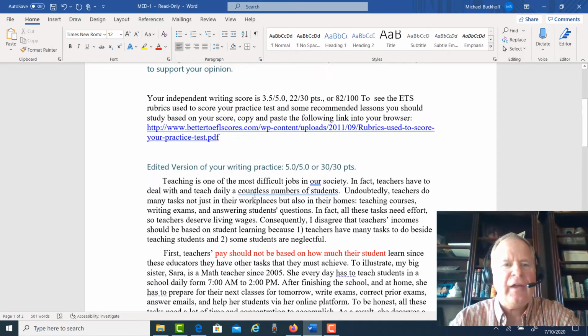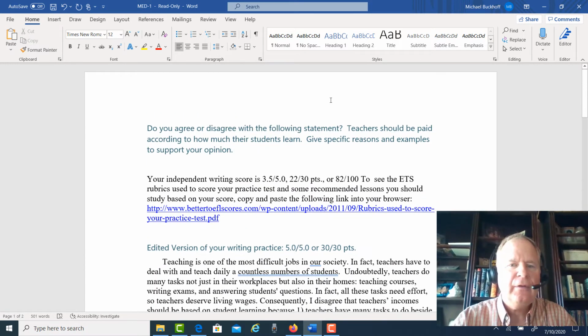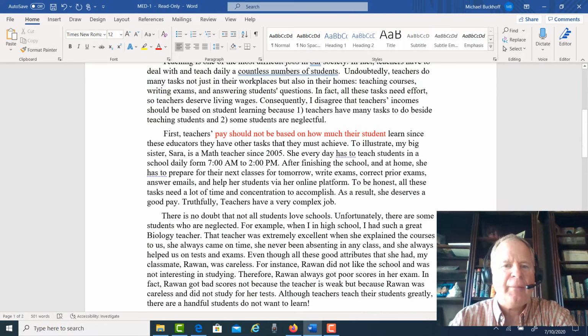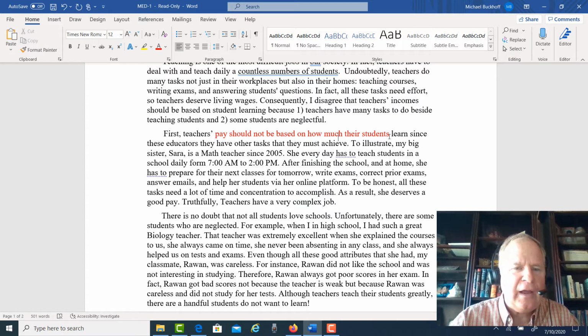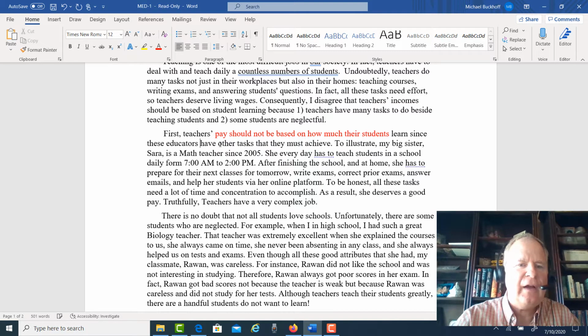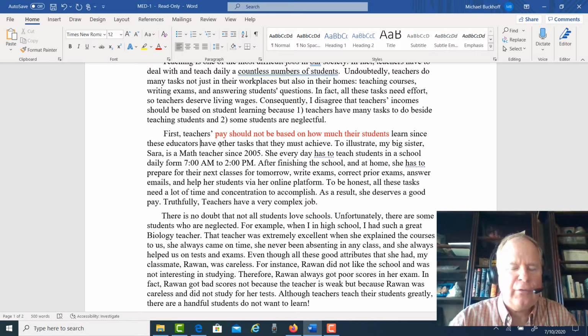Because if I look at the actual writing prompt, teachers should be paid according to how much your students learn, and that topic sentence kind of restates part of that. So there's a little bit better connection of ideas there. So first, teachers' pay should not be based on how much their students learn. Since these educators, actually, if we say this, we don't have to say they, since these educators have other tasks that they must achieve. To illustrate, my big sister Sarah,